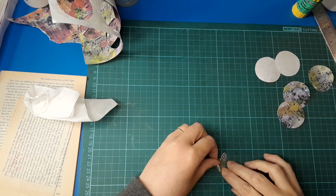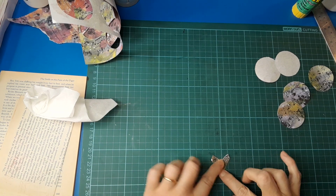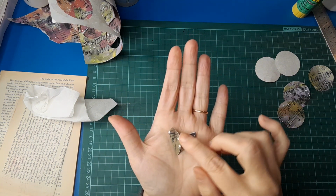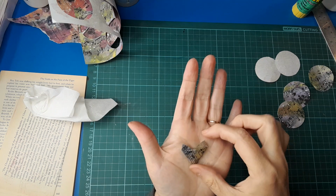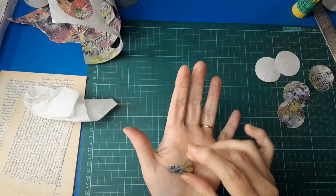And the other side, like so. And then you end up with this little V shape. So when you put it together, you can leave this side up, or like I did, you can put this side up. And see how it pops up a little bit? You can play with that dimension